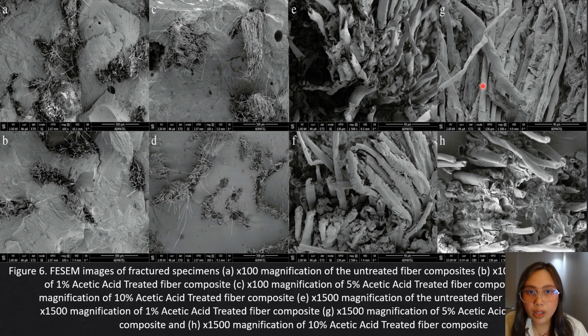For the 10% fiber, they are loosely bound and the treatment is said to be effective. But when it comes to performance, it had more fiber pull-outs, which is caused by the decreased interaction of the cellulose. As we can see here in E, F, G, and H, the untreated fibers have a smoother surface than 1% and 5%. The observation indicates the acetic acid treatment did improve the adhesion between the Salago fiber and epoxy resin.